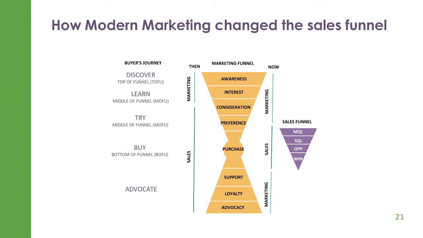It used to be that the sales funnel was simply: they take that marketing qualified lead, qualify it as a sales lead, open the opportunity, and then work it till they win it. Marketing has this marketing funnel that expands beyond what the sales funnel is. So you've got this awareness, interest, consideration part of the marketing funnel that marketing owns. And then after sales closes it, you've got this support, loyalty, advocacy funnel that the marketing teams, maybe even the support teams, maybe a customer success team owns. So modern marketing, putting in this buyer's journey piece, now allows expansion of the conversation with the customer.